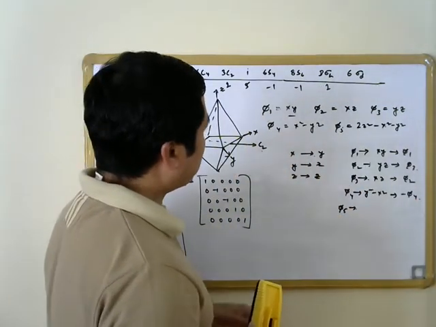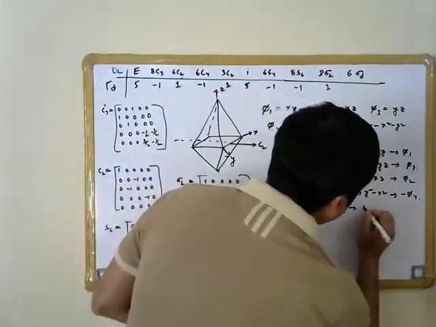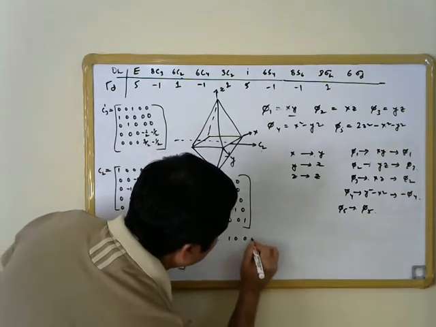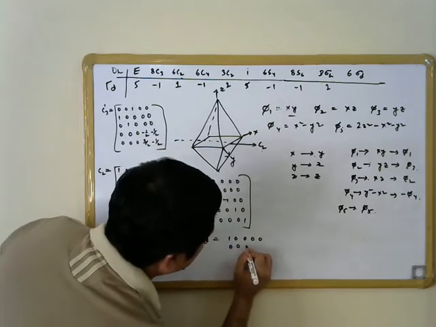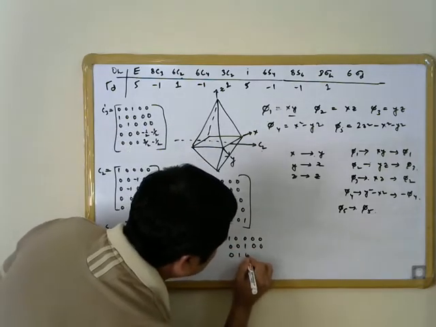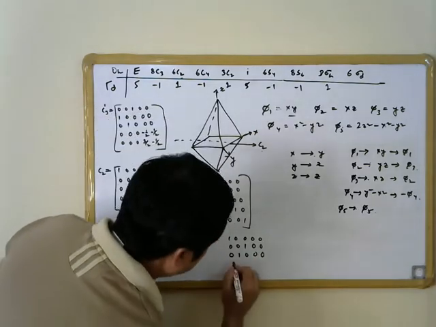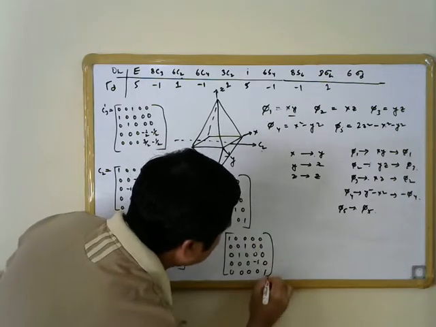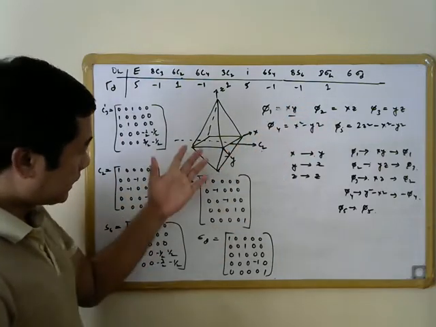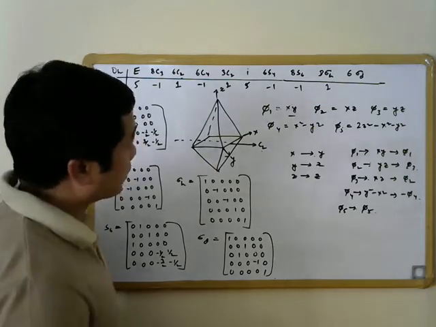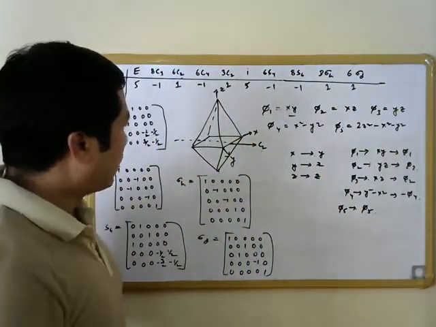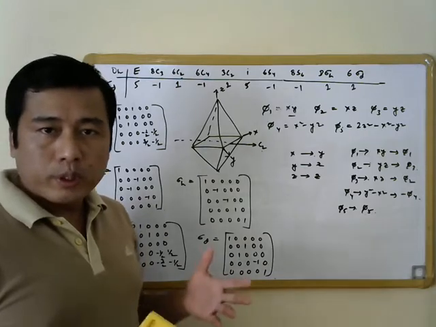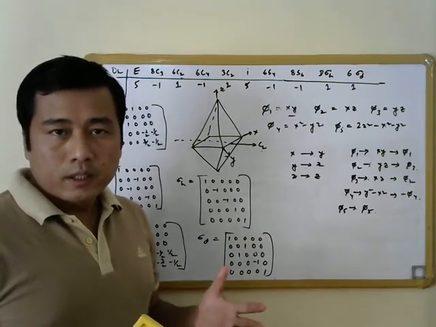And this one, phi5, will remain as phi5 itself, and that is why the matrix for sigma d is 1 0 0 0 0, 0 0 1 0 0, 0 1 0 0 0, 0 0 0 minus 1 0, 0 0 0 0 1. So this is the matrix for one of these sigma d operations, and the character of this matrix is again equal to +1. So this is how we can find the character of different symmetry operations by taking the d orbitals as the basis. Now we have learned in undergraduate itself that in octahedral geometry,